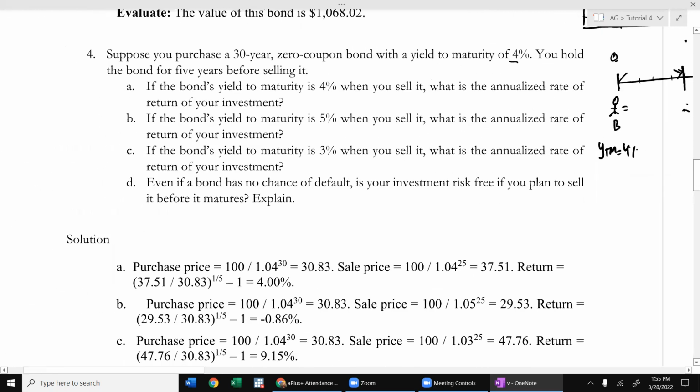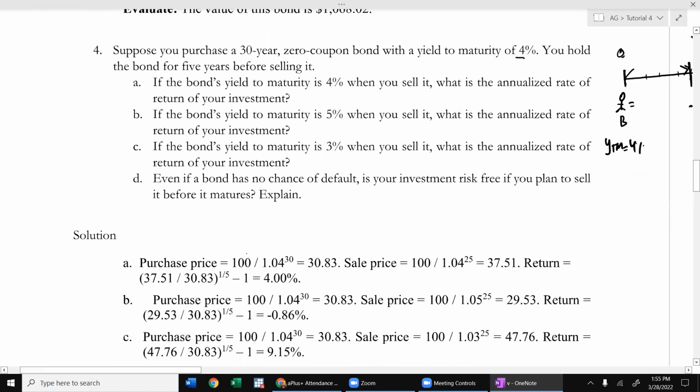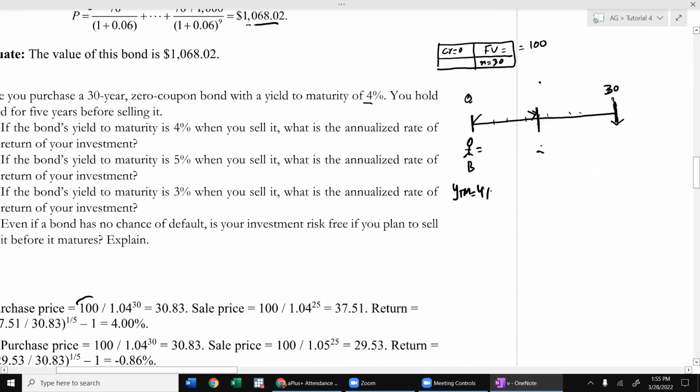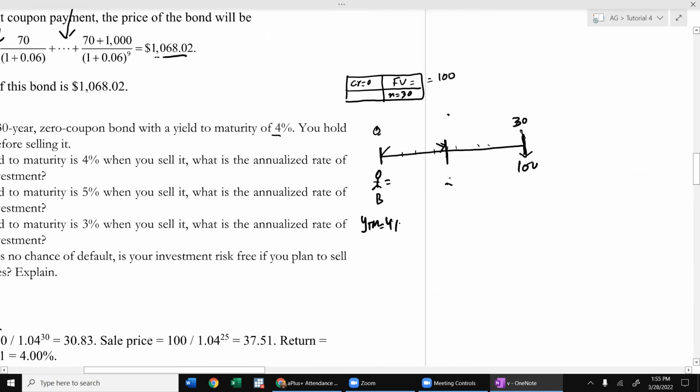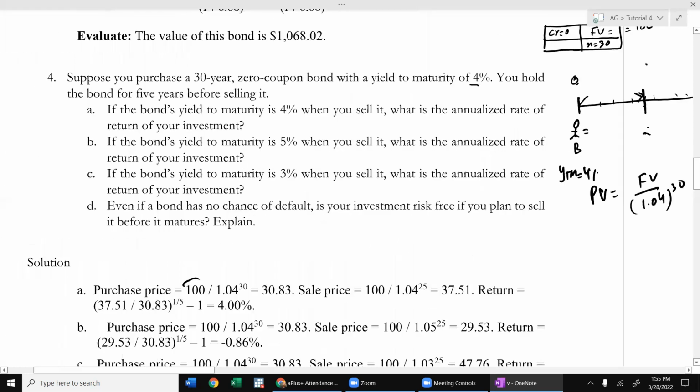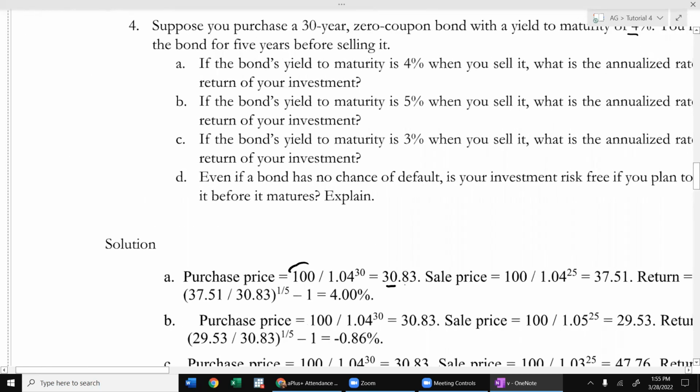So the purchase price means at the end of the period you assume that you will get 100, and you expect that after the end of the 30th year you will receive 100. So if I ask you what is the price, a very simple case, the present value will be equal to future value over 1.04 power 30, and you will get your answer. Okay, so this is the answer for the